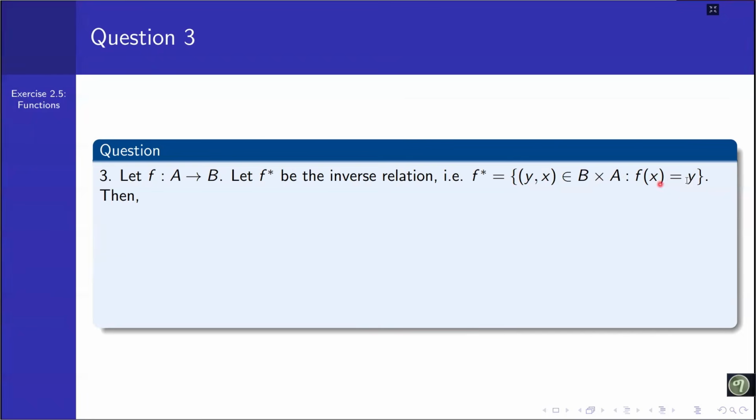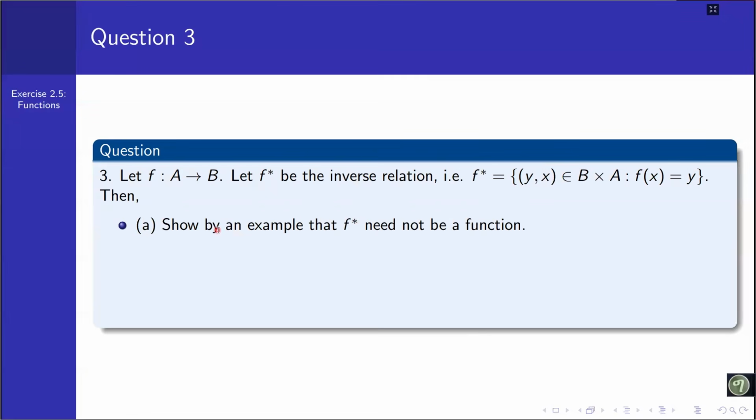ስለዚህ f of x is equal to y ከሆነ f is defined from A into B, so that f must be a subset of A cross B. ስለዚህ f of x is equal to y ከሆነ the ordered pair xy must be an element of f. ስለዚህ ቦታቸውን ብናቀያይራቸው yx must be an element of B cross A, which is the inverse of this function. Then what we are asking here is, after we are given this information, ምንድን ነው የተጠየቅነው? አንደኛ ይሄ function f star